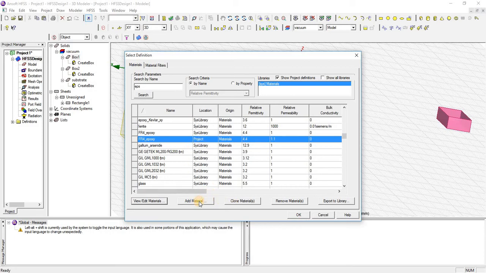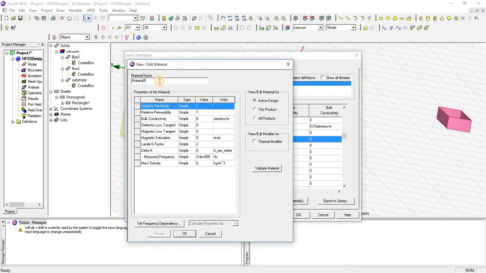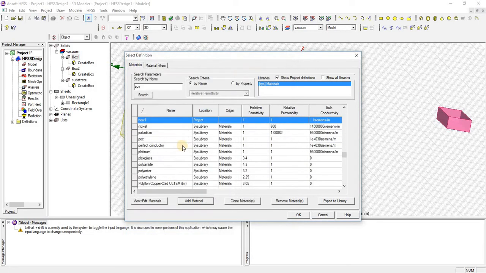And if I want to add a new material and assign it with my own properties, we can do that. You can change the properties and press OK.